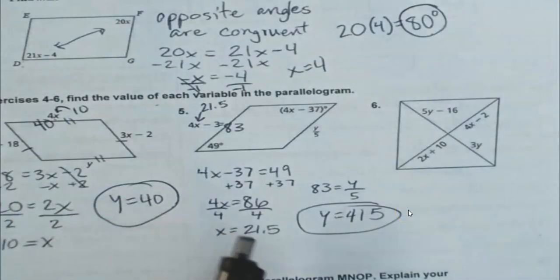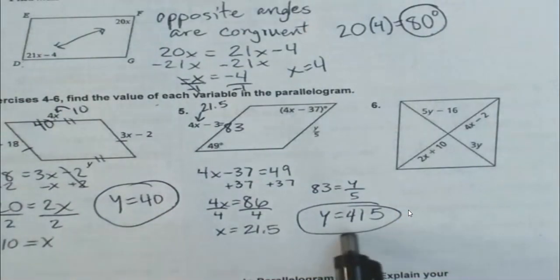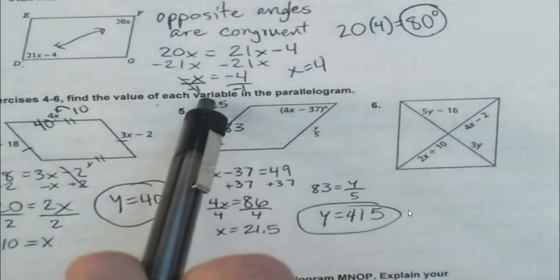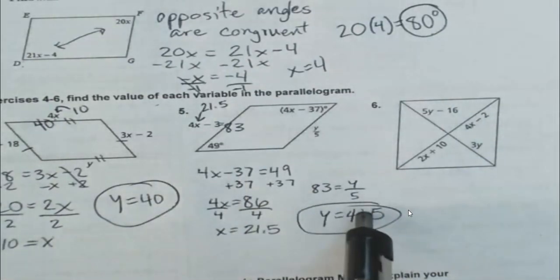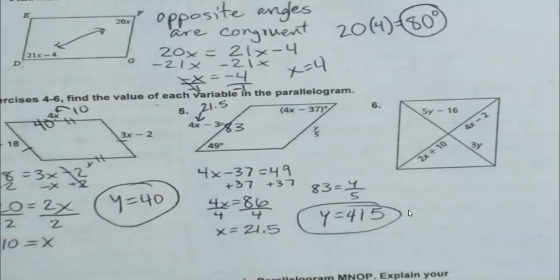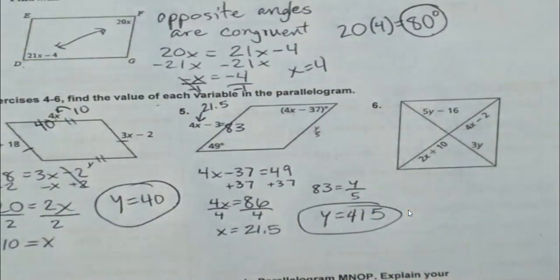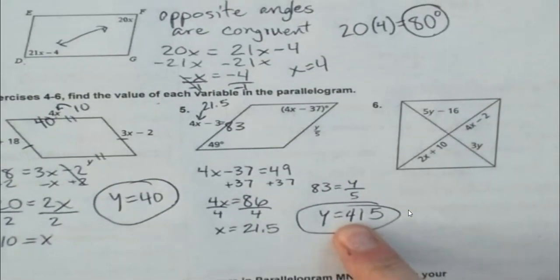Okay, so 21.5, and as I was walking around, for the most part, people got this one. For the most part. This one was a little more of a struggle. See where 83 came from? I just plugged that in, set it equal to 83. You're not dividing 83 by 5. You actually have to multiply it, because we need to do the opposite of dividing. It's y divided by 5. We want to make it times 5 on both sides in order to get rid of the divided by 5. So it just becomes this really big number,